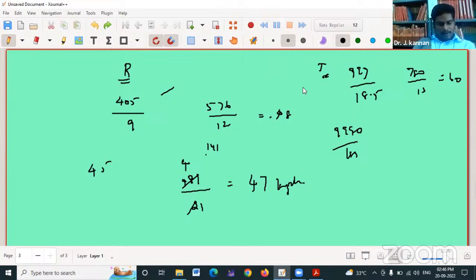So for R it is 45 to 48, and for T it is roughly 54 to 60. So T has a higher percentage increase in speed than R. The vehicle with the higher increase is T.